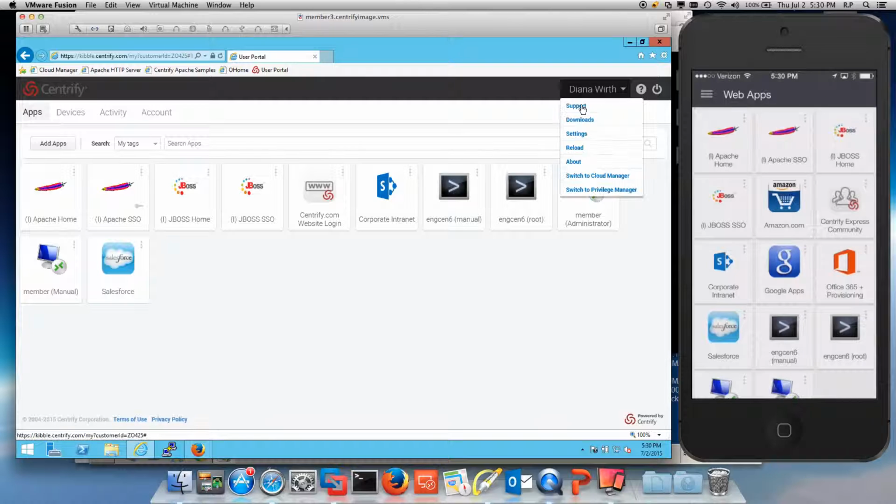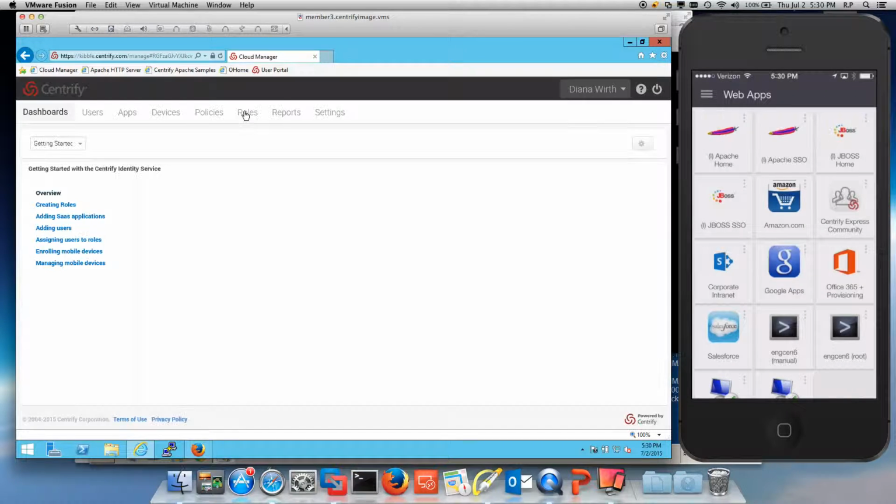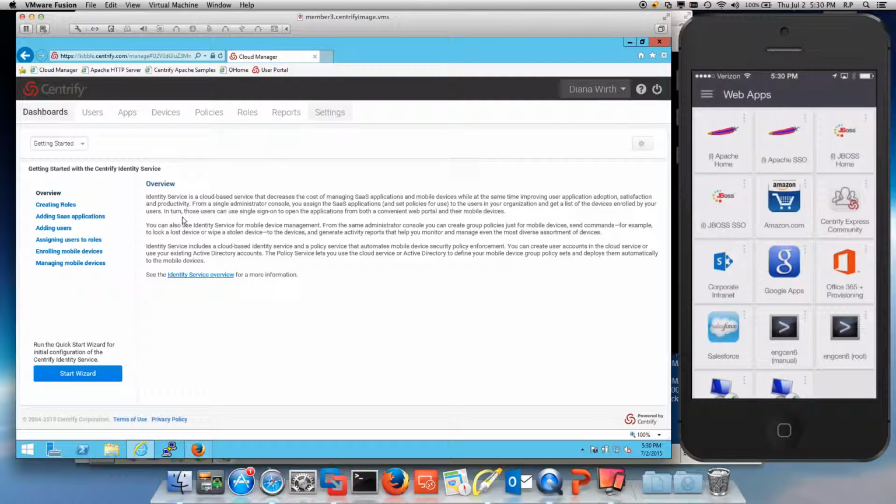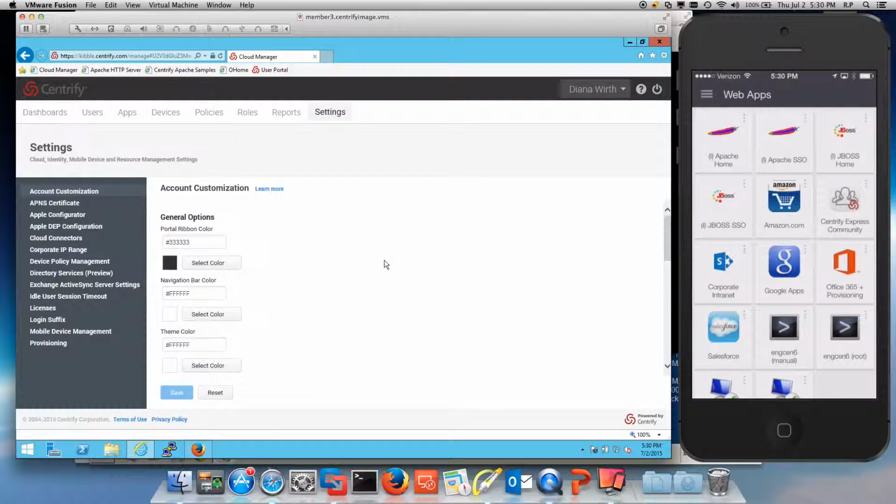I'm going to go to the administrator piece. So if I switch to Cloud Manager and then go to Settings, you'll see a section here called Cloud Connectors. So cloud connectors are basically our bridges to AD, but they pack a lot of punch because cloud connectors not